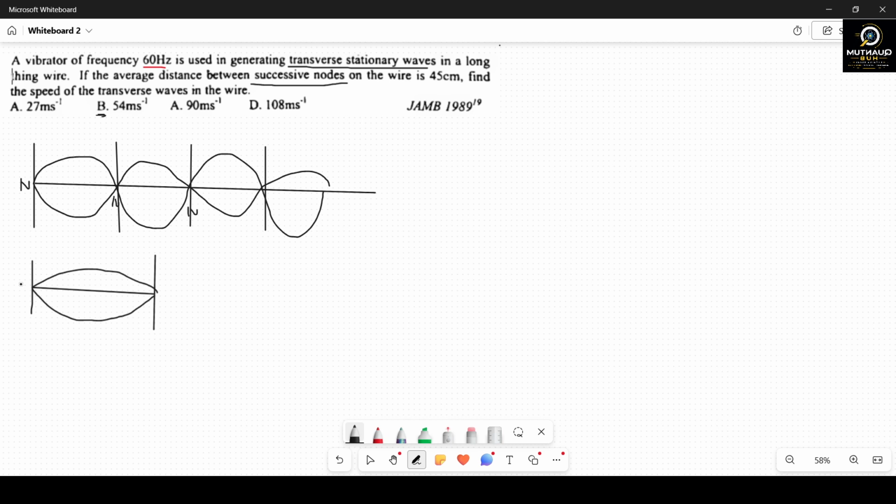The question says the average distance between successive nodes is 45. So the length between these two nodes is 45 centimeters. So I'll write L to be 45 cm. All right, so now what we are going to do next is we need to understand that when you